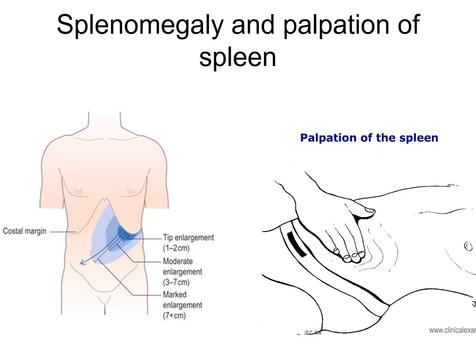Enlargement of spleen from its normal size is called splenomegaly, and the common causes for this are malaria, cirrhosis of liver, Kala-azar and chronic myeloid leukemia. A spleen cannot be palpated when it is of normal size. Only when it becomes double the size or more can it be palpated. Usually the spleen enlarges towards the right iliac fossa, and the spleen will be palpated also from the right iliac fossa towards the left hypochondrium.